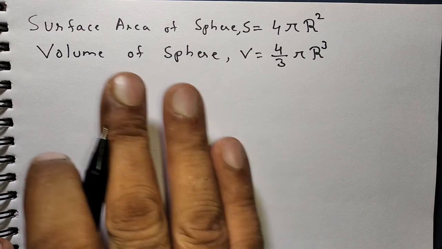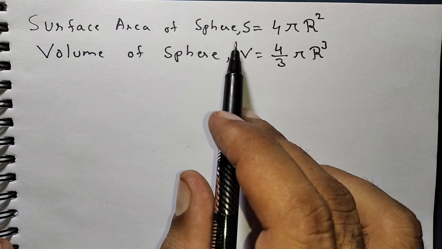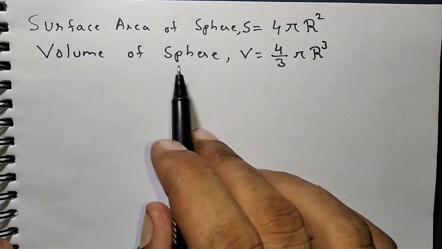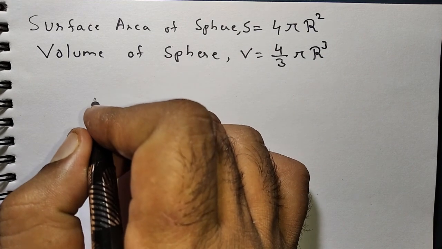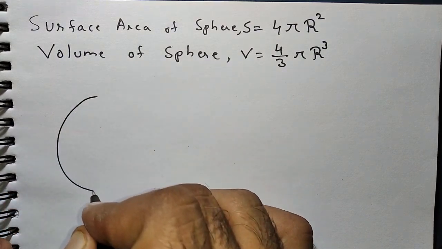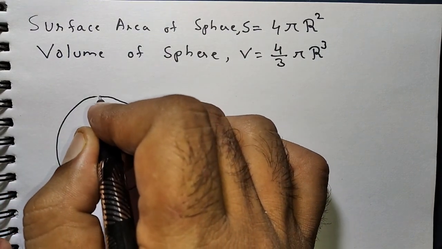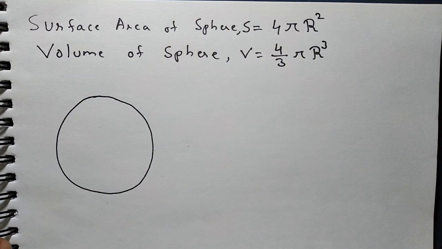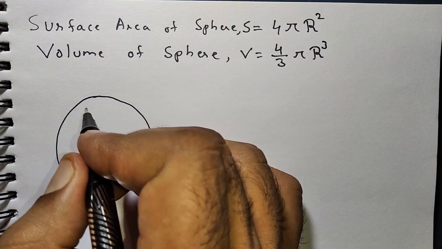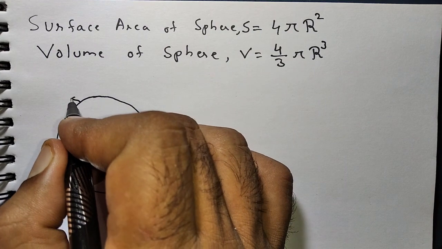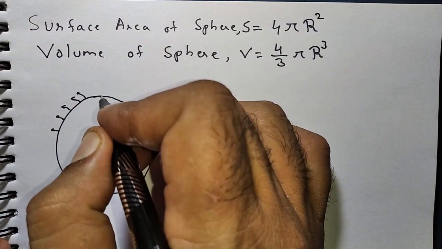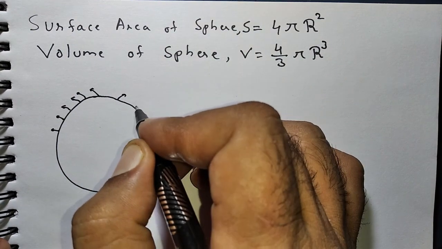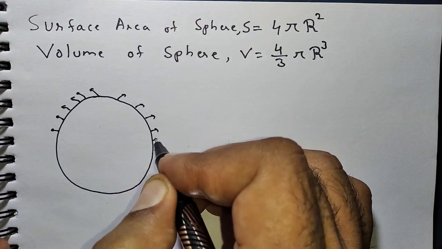Using basic geometry, we have to prove that the surface area of a sphere is 4 pi r square and the volume of a sphere is 4 by 3 pi r cube. For this, let's draw a sphere like this. If you open this sphere from every point,